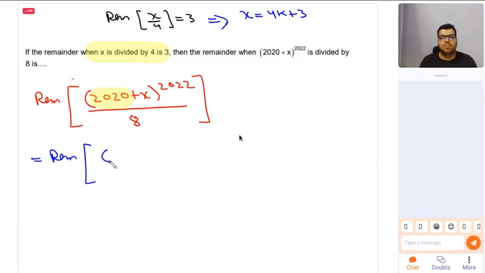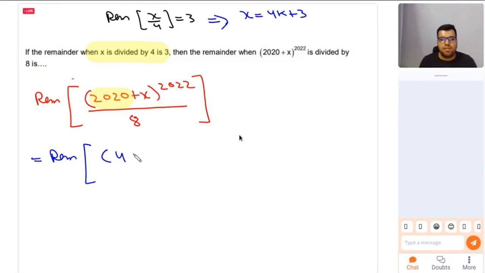So what is its remainder with 8? For 8, we see just the last 3 digits. Remember the rule I told you yesterday? For 2 raised to power n, we see the last n digits. So for 2 cube, which is 8, we'll see the last 3 digits. So we see just 020, and the remainder is coming out to be 4. So this is 4